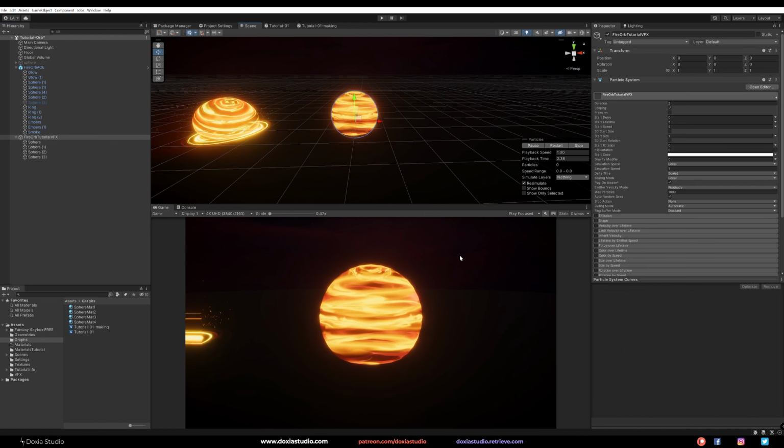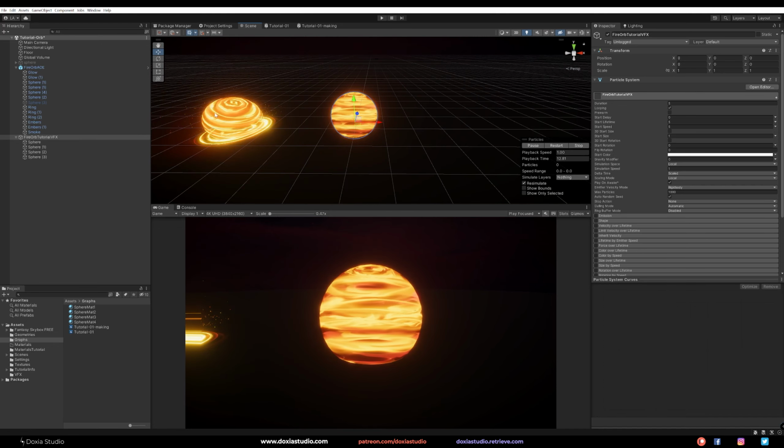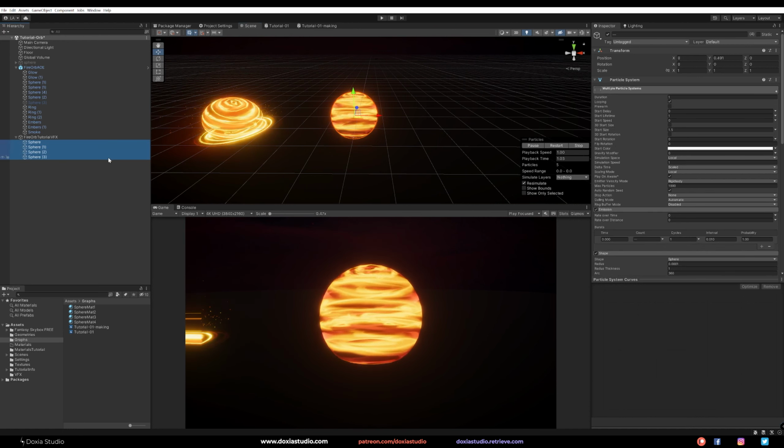So we have our orbs, and right now they are not really that cool, right? They are just spinning like that. Maybe you like that effect, but I want to tilt or lean it a bit. If you come here and you rotate, you see nothing changes. Why is that?